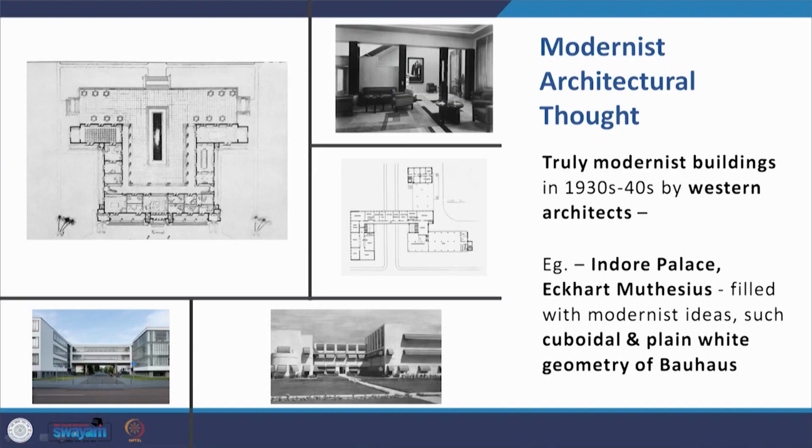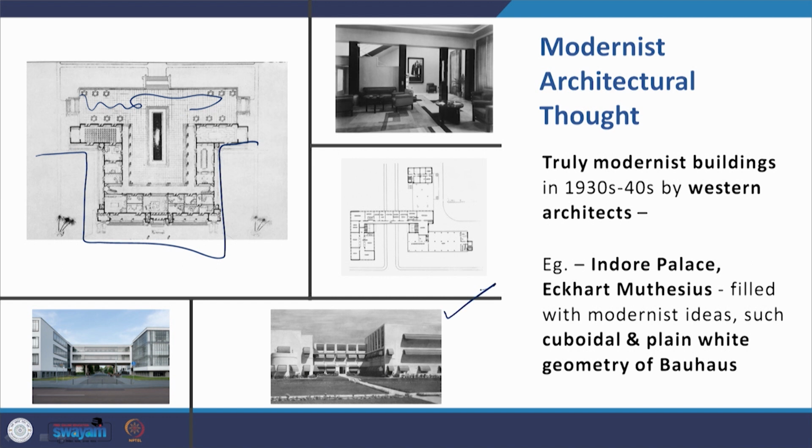But truly modernist buildings in the 1930s and 40s were done by Western architects, not Indian architects or British architects in India or British architectural firms in India, but Western architects coming in from the West and working in India. For example, Eckhart Muthesius did the Indore Palace, which was filled with modernist ideas such as having a cuboidal form, though symmetrical, it's a U shape with the green area here, and the overall white block geometry of the Indore